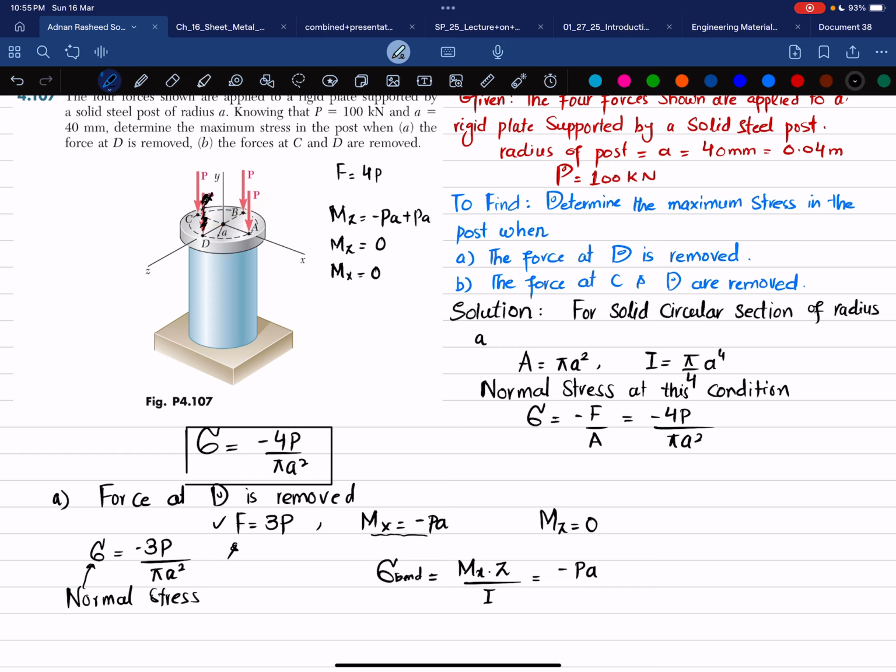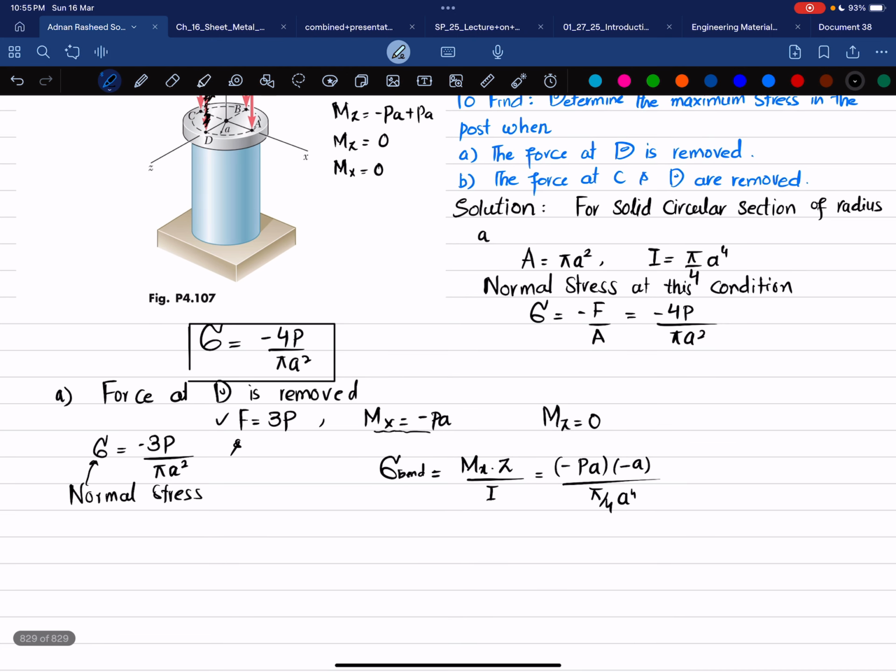So minus P A into minus A divided by pi by 4 A power 4. Okay, so when you solve this, it will give you P A square over pi by 4 A power 4. Okay, and when you simplify it, it will be equal to 4 times P divided by pi A square. Now total